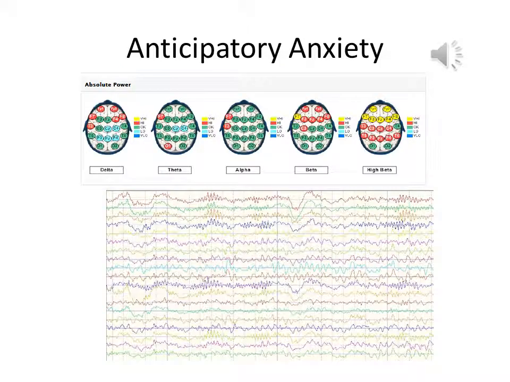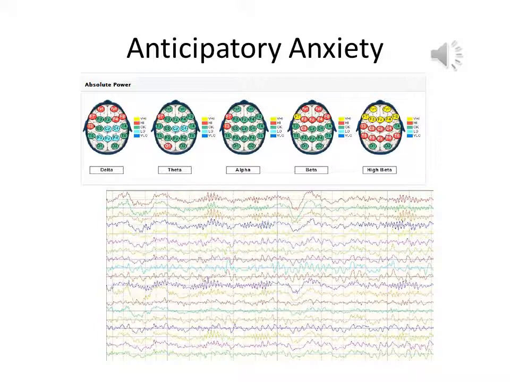Here is a qEEG of a brain experiencing oxidative stress due to severe anxiety. You can see that the beta in the front in this map is elevated, particularly under high beta. Some of that frontal beta may likely be due to frontalis muscle tension. In fact, it's more than likely due, if we look at the research of Witham et al.